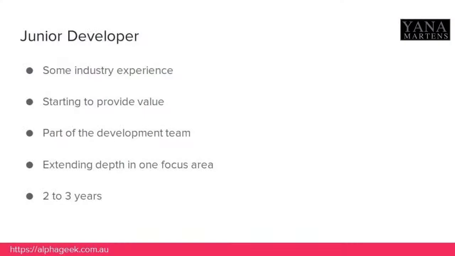Yeah, so I guess the junior is starting to add some value to the organisation. So you've got at least 6 months, potentially up to 2 years industry experience at this point. You understand how things work. You don't need your hand held on everything. You may be able to pick off some tasks and go and do them by yourself, or start code pairing and have some input into the solutions that are generated. You'll be comfortable with going, oh, I can see this task. I know I can do that one, so I'll just go and do it. Whereas the intern may be going, oh, there's this task here that sounds easy, but I want some help with it.